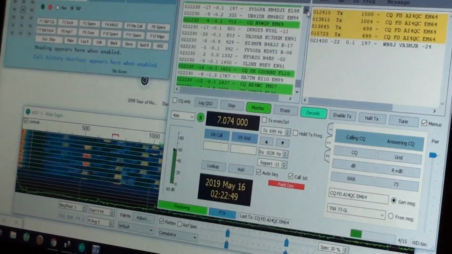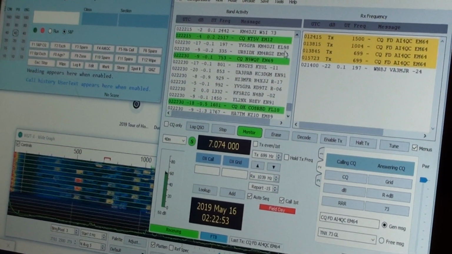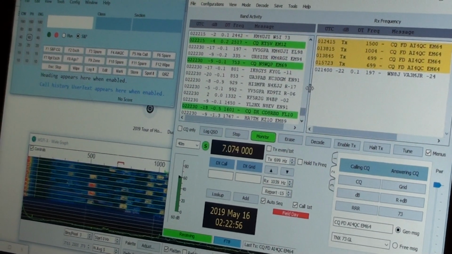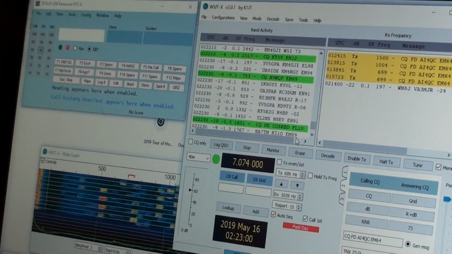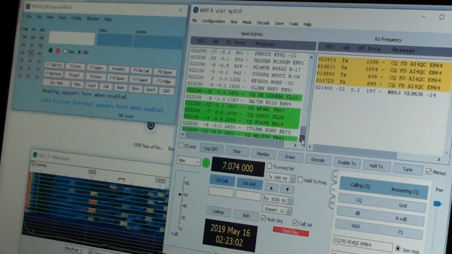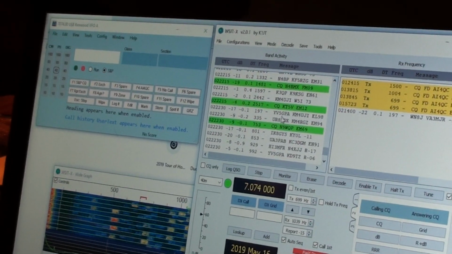We have people calling CQ, we have people answering CQs, we have QSOs in progress. It's kind of hard for me, I'll turn monitor off so it'll freeze the window for a minute. We'll just take a look at everything we decoded in that last round here at 9:22 and 30 seconds. We have